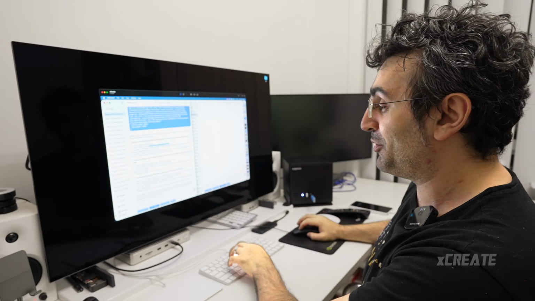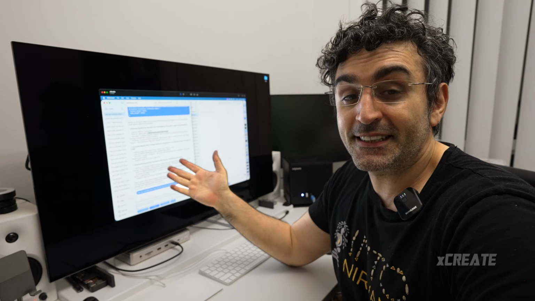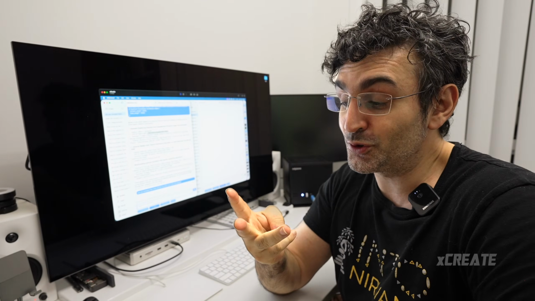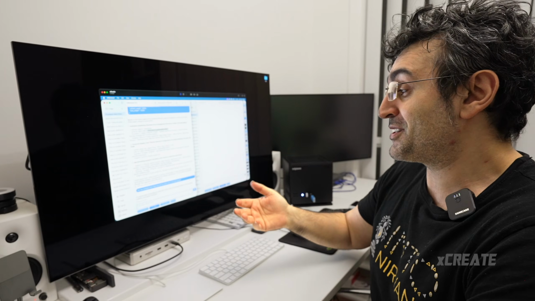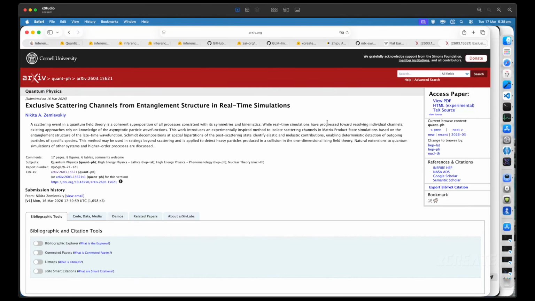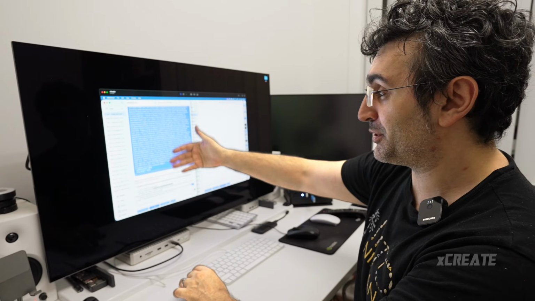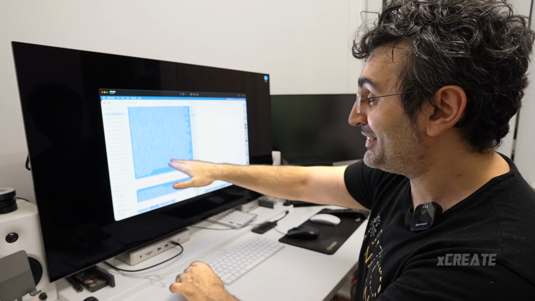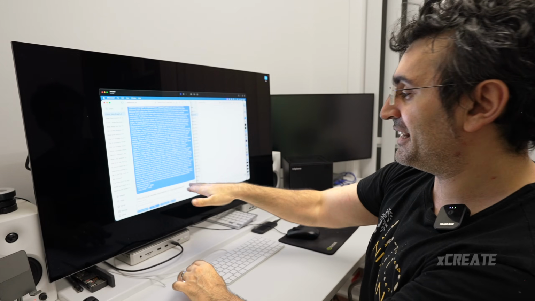Now I'm going to ask it another one. I'll say, can you compare them and tell me which one is the most popular? So I'm expecting it to make three separate tool calls here, one to each individual paper, comparing them or finding some sort of information to tell me which one's more popular. So it went ahead and downloaded the page of the paper. Previously it just had the search results and that's where it got its summary, but now it's actually gone into each paper's summary. One, then the second one, and it's getting the third paper at the same time.